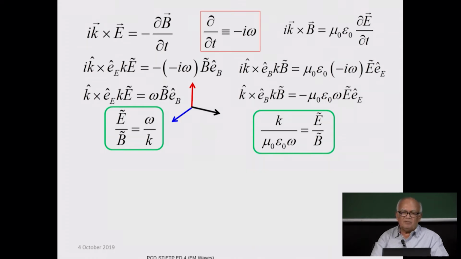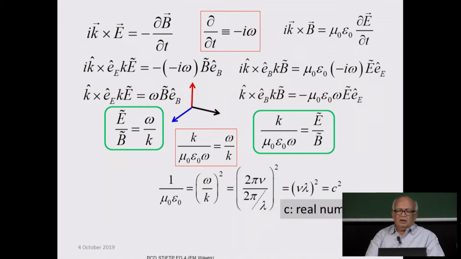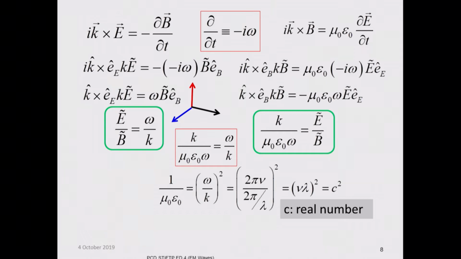Now, that is amazing. K over mu 0 epsilon 0 omega must be equal to omega over K, all right, which means that c square is equal to 1 over mu 0 epsilon 0. Now this is shocking. You got the speed,